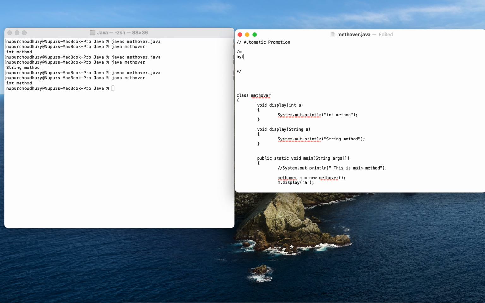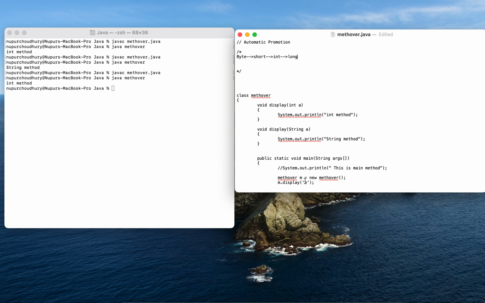If we have a data type of byte, it is automatically converted to short, which can be converted to int, and int in turn can be converted into long. So automatic promotion is when one type is promoted to another type implicitly if no matching data type is found.